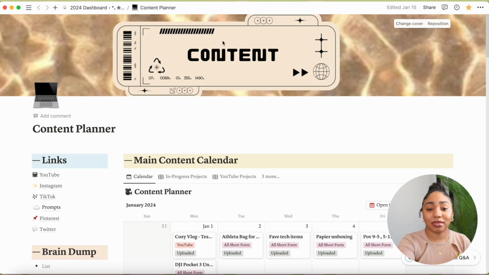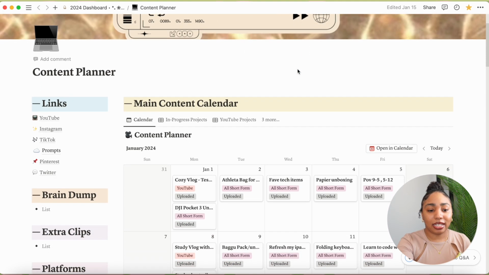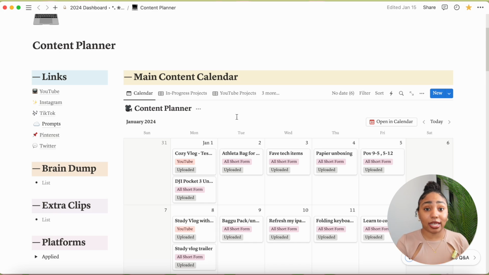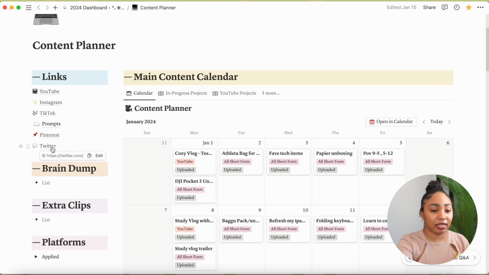So anyway, again, we have the banner, and I have links here. Her template comes with the YouTube, Instagram, and TikTok maybe, but I did add my prompts here. So I have some prompts in there that I want to always have on hand so that I can be thinking about where to pull from to do videos for you guys. Those live in there. And then I don't have a Twitter linked here yet, or my Pinterest, but my YouTube,